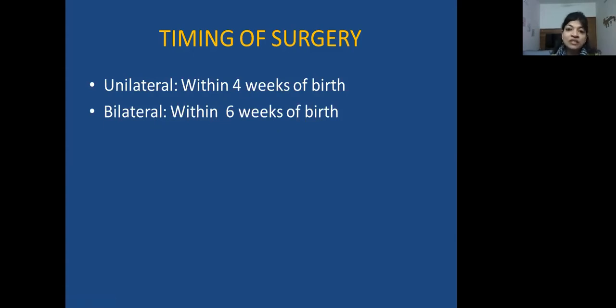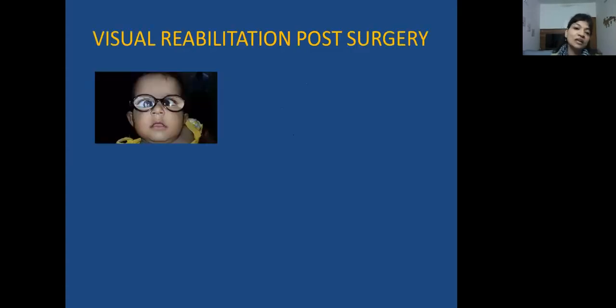And just doing surgery for such a small baby is not going to be enough, because at 4 to 6 weeks of birth, it's not like an adult cataract where we are going to put an intraocular lens after cataract surgery. So because the child is going to be left aphakic, visual rehabilitation is very important. So these are aphakic glasses, which you can see. These are high plus bar glasses. That is what is giving the image that the kid has very big corneas. Actually, the kid doesn't have big corneas. It's the aphakic glasses giving that appearance.